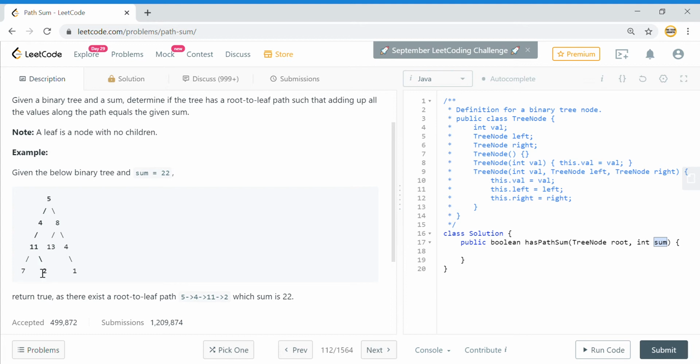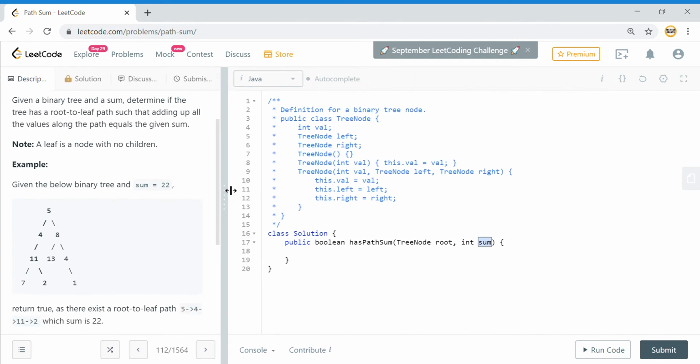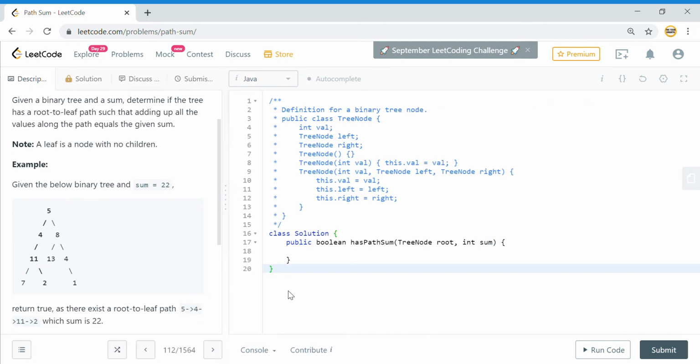Now we need to go till the leaf node to find the value. So we need to check whether it is a leaf node or not, and when we reach the leaf node, then that time the sum should be equal to the remaining target that is present till us. By remaining target I mean that when I started from here, the target was 22 and it started decreasing because we are reducing the target by the node value. Okay, so that gives us one condition.